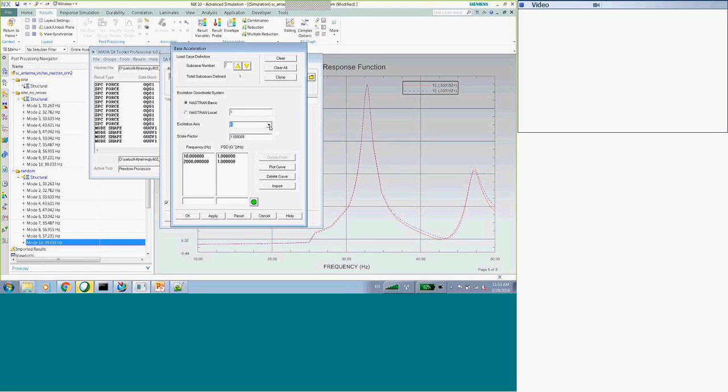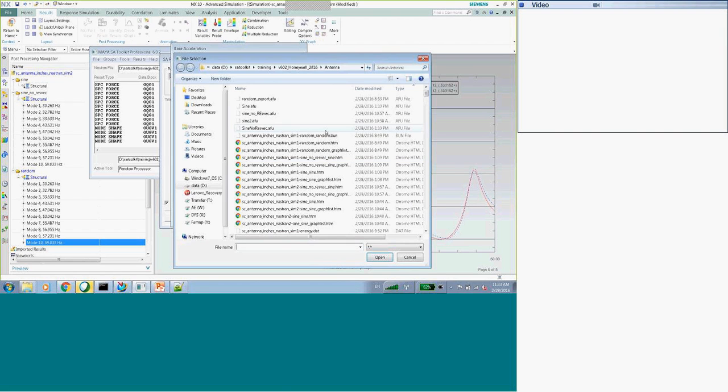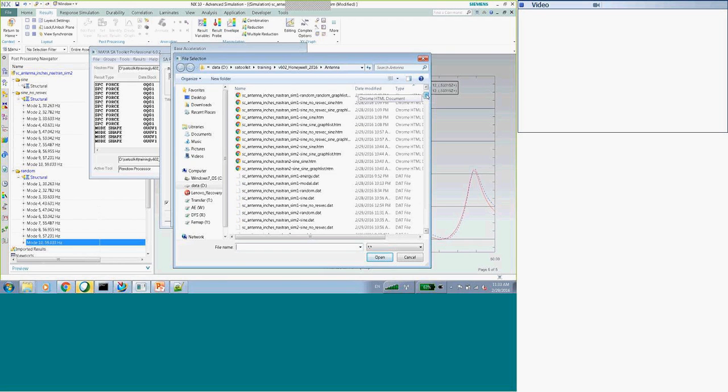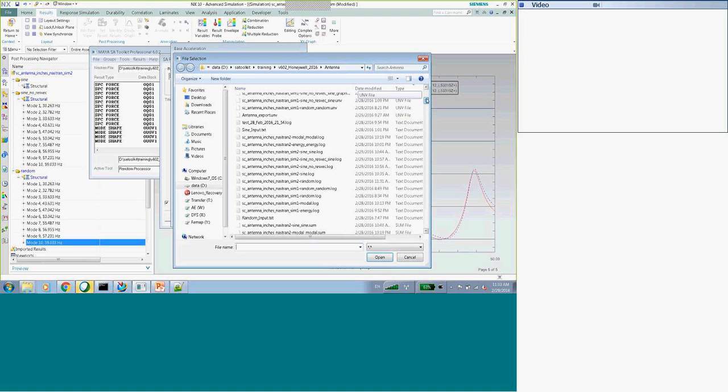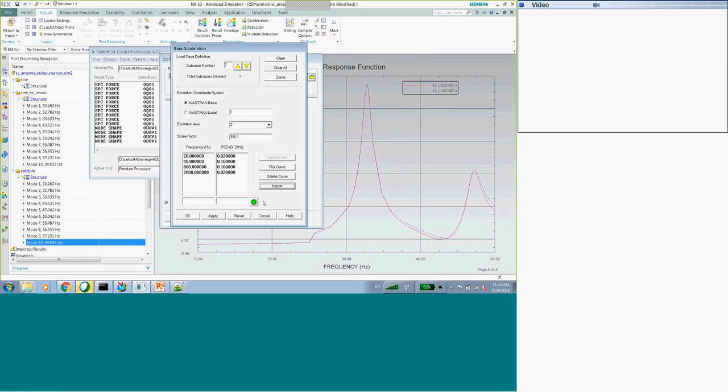Another one, say another subcase. Excite me. 6.1. I'll import this. Can't just copy from one to the other.